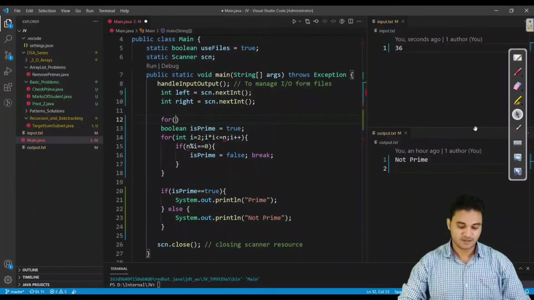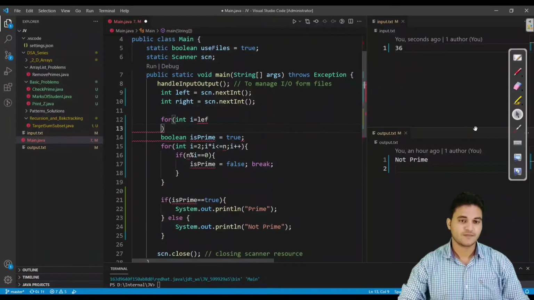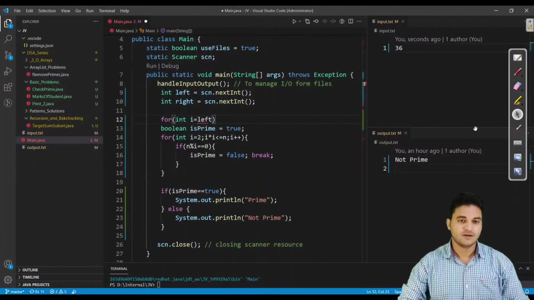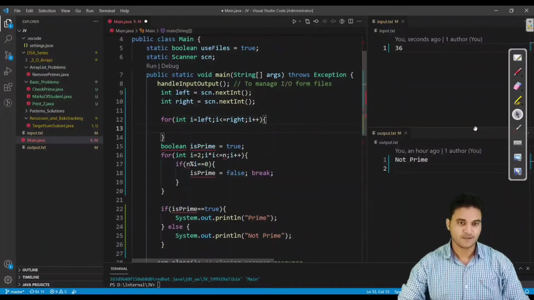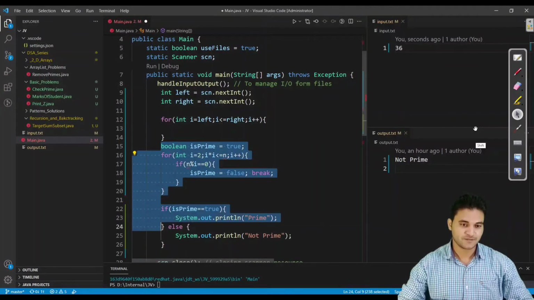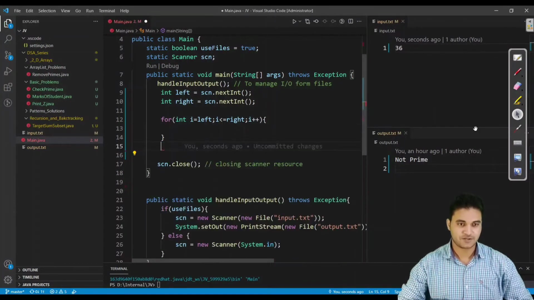I will write a loop: for int i equals left, and i less than or equal to right. This way both numbers are inclusive. And see very carefully, I'm going to copy this logic and paste it inside this loop.